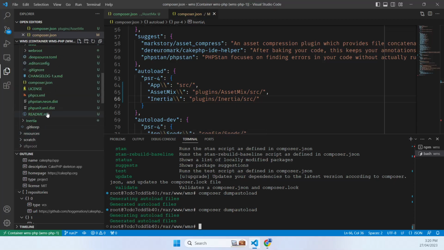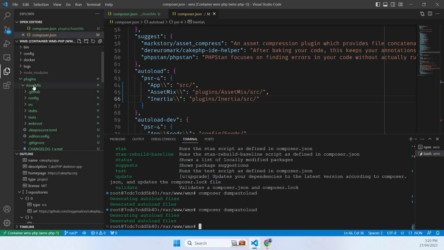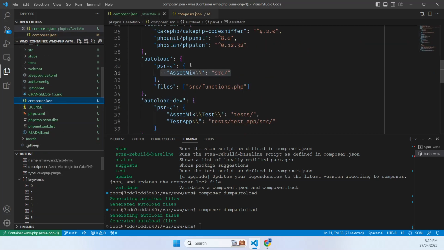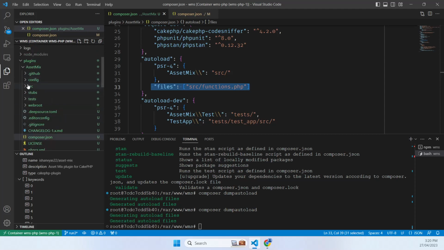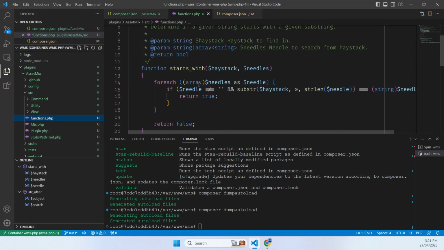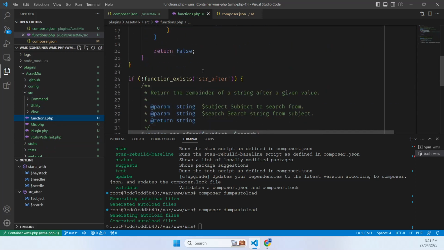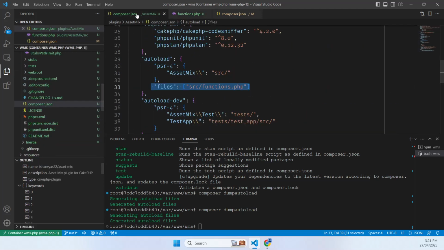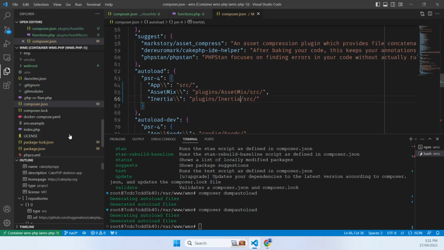If we go into the asset mix plugins directory here and have a look at composer.json, we find that along with autoloading this namespace, it also says to pull in this functions.php, because inside functions.php we've got a startsWith function that the plugin uses, that needs to be referenced. So we'll copy that, go up to our parent project,